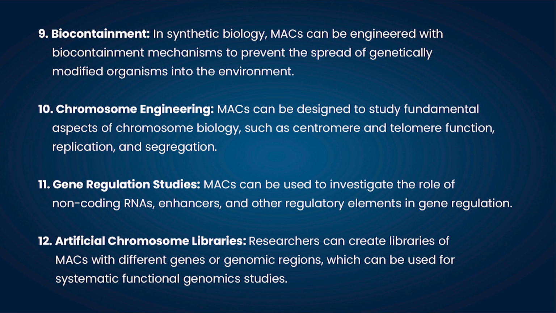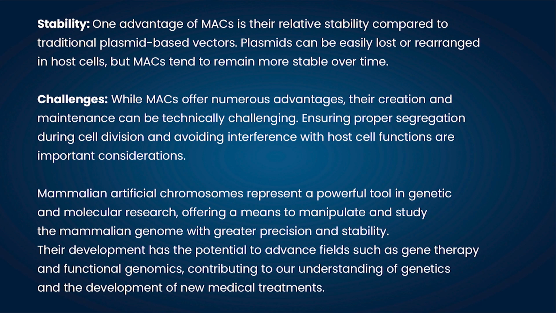This can be used for the construction of artificial chromosome libraries. Researchers can create libraries of various types of mammalian artificial chromosomes with different genes and genomic regions, which can be used for systematic functional genomic studies, for therapeutic applications or other gene regulation based studies. Stability of mammalian artificial chromosome is good. Its relative stability is good in comparison to traditional plasmid based vectors. Plasmids can easily be lost or rearranged in the host cells, but MACs tend to remain more stable over time